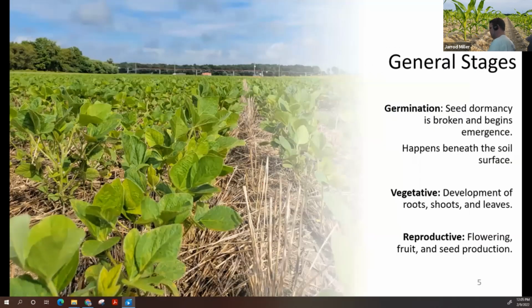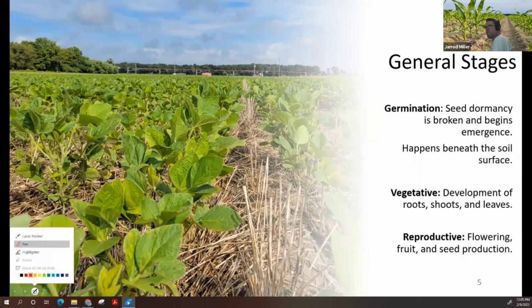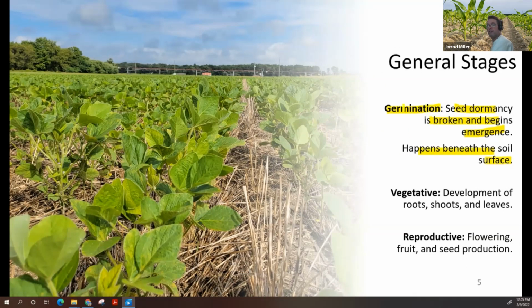So some general stages in terms of plant development that we're going to talk about, because these are going to follow the stages as we go through there. You have germination. When seed dormancy is broken, it begins emergence. Well, this happens under the soil, so you're not going to see it, but it's occurring. When you plant that seed, you're not going to see it till it emerges from the soil, but germination has